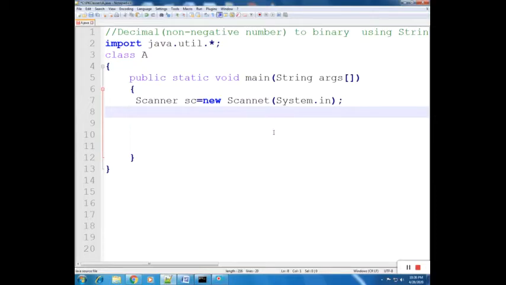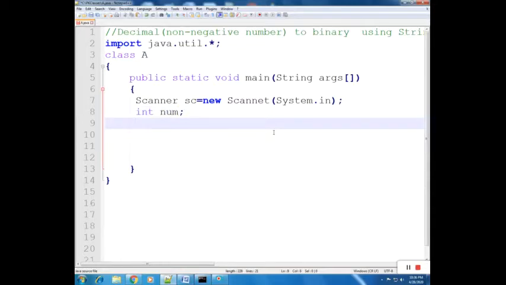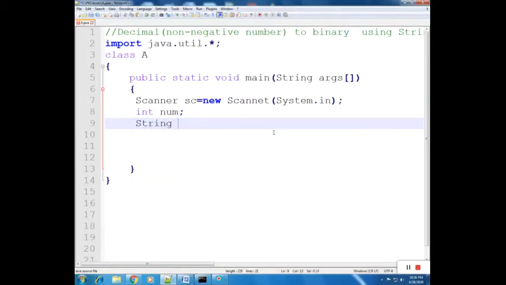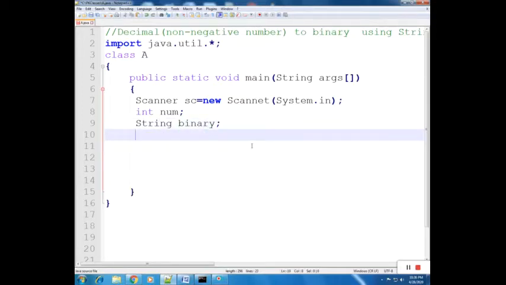Take one integer with the name num, and we will take one string, binary. String is the data type, the variable name is binary.